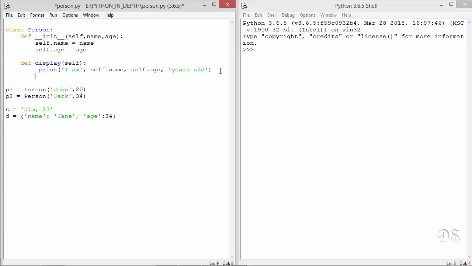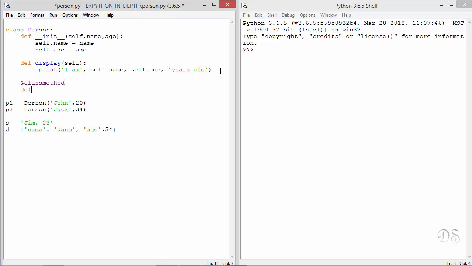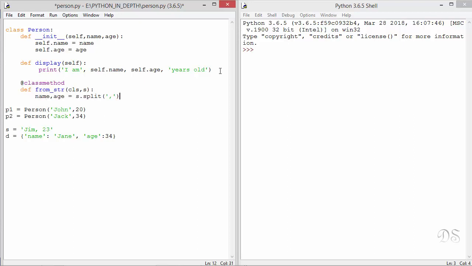So here we'll add a class method. cls as usual is the first argument, and after that it takes a string. We are splitting this string to get the name and age. Now we'll create a new instance here. We know that inside the class methods, the cls parameter refers to the class object. So cls here refers to the Person class, and writing this will create a new Person instance object, and this init method will be called. And now we return this newly created instance object.